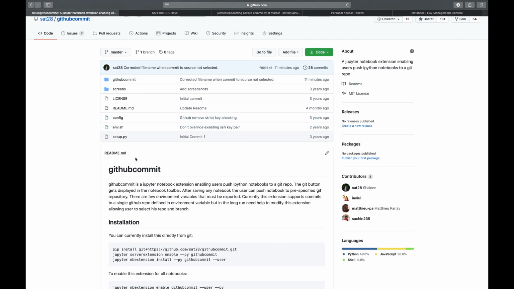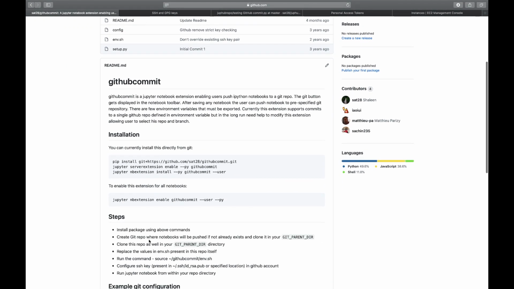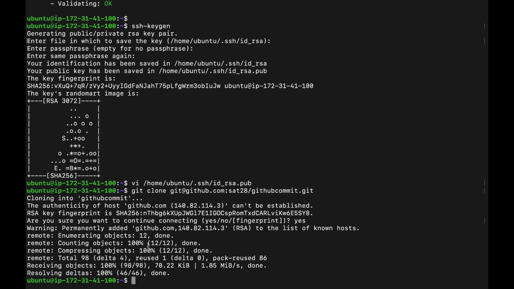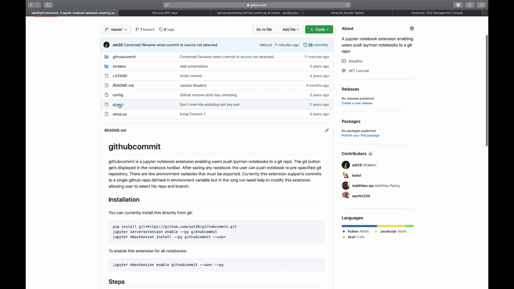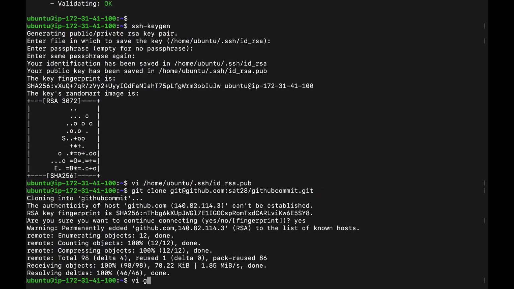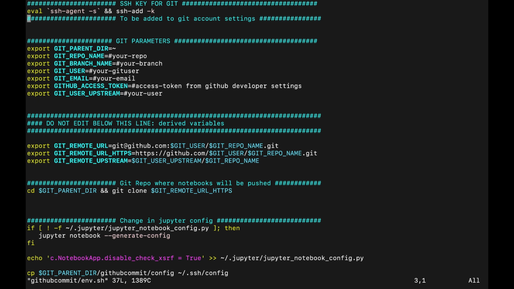Now we have cloned this repository, and the next step would be to configure certain things. So there is an env.sh file, you can see here as well. I'll open it inside my machine, and there are a few git parameters that need to be set. First of all is the git parent dir.